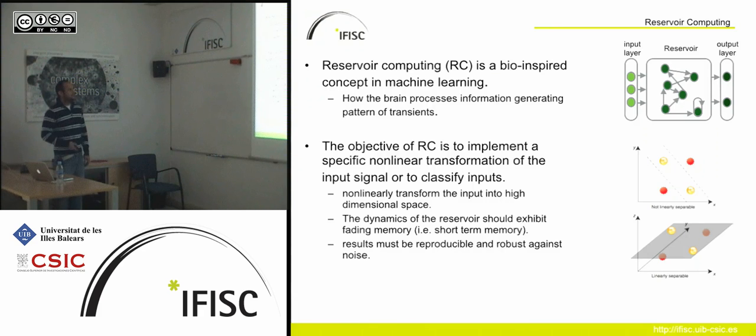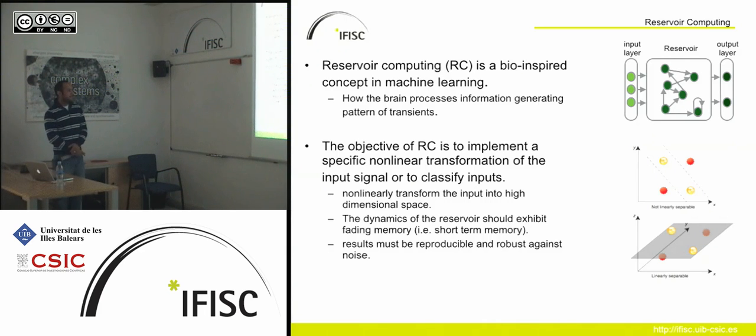One of the first properties we ask for is that we expand the dimension of the original input. This is done for the following reason. If you see here, I have two classes, the red dots and the yellow dots, and I would like to classify them using just one line, so linearly. In 2 dimensions, it's not possible. I would need 2 lines. But if I expand the number of dimensions to 3, then I can still put in a plane, and now I can classify these 2 classes. So this is in a way why we need to expand the dimension of the input, just to make it easier to classify.